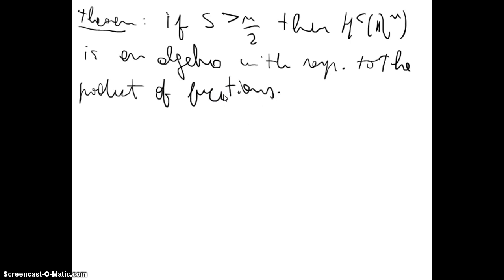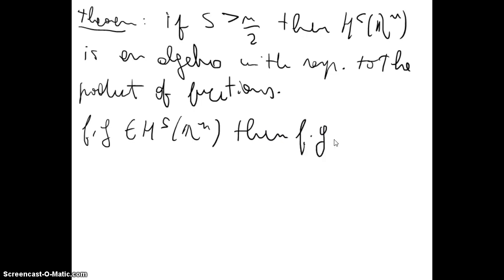That is, if f and g are in H^s(R^n), then f multiplied by g is in H^s(R^n)